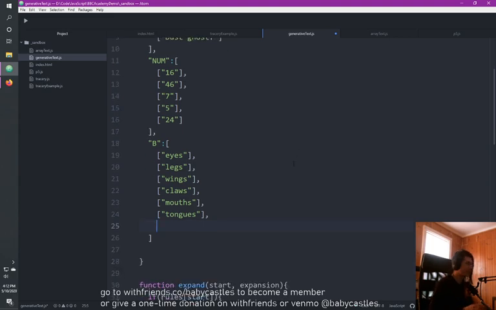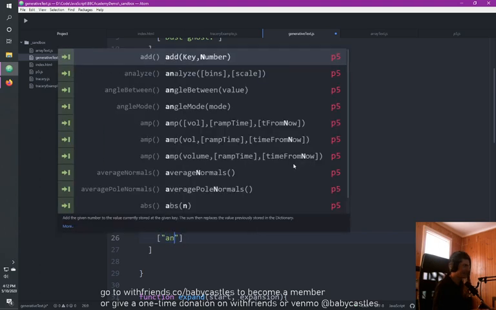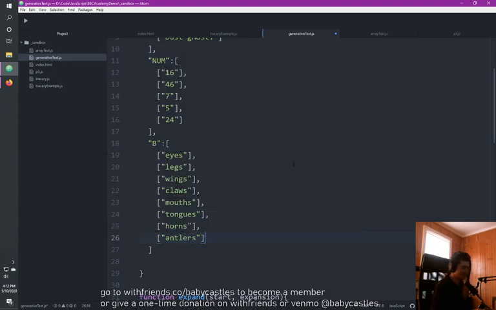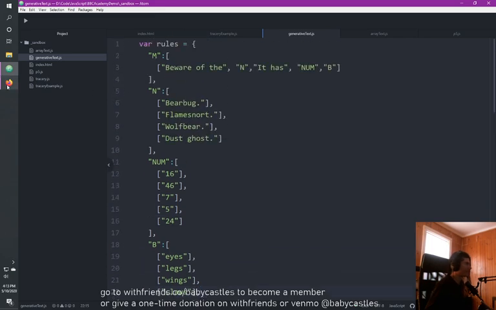I've been playing Dark Souls a lot recently, and mimics in that game are so tall and so leggy. What the heck? I'm blanking. Horns. Antlers. Tusks. So now we got